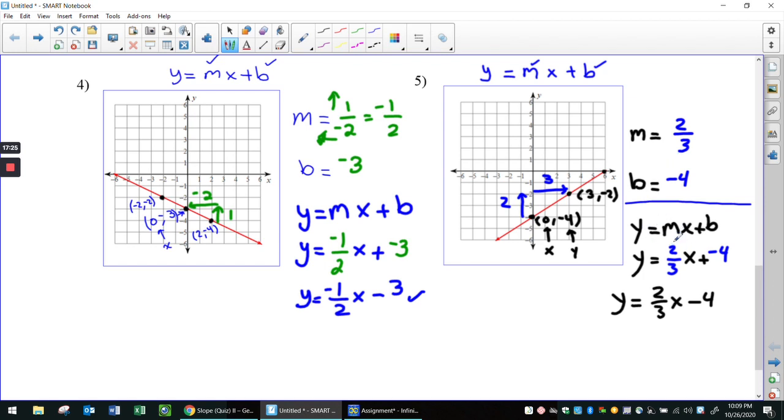And we're going to go ahead and substitute 2/3 in for the slope and negative 4 in for the y-intercept. And at the end, as you can see, just like the other equation that we had previously on question number 4, we have two signs here. So in order to make this look cleaner, we'll just change the plus negative to just minus, and we're good to go. So final answer here is y is equal to 2/3 x minus